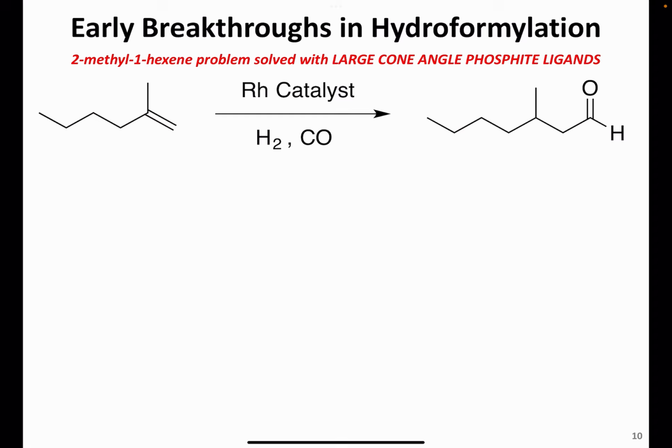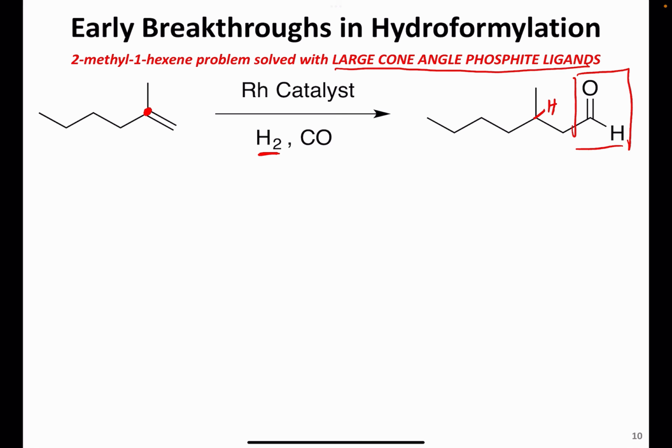hydroformylation of 2-methyl-1-hexene. And so this is an extremely challenging substrate, at least back in the early 1980s, due to the fact that this alkene was disubstituted. And so when they performed hydroformylation on this, and notice hydroformylation is just the addition of an aldehyde functionality using H2 and CO. The other H from the H2 ends up at this position. And so this was a challenging substrate, but it turned out that using large cone angle phosphite ligands proved to